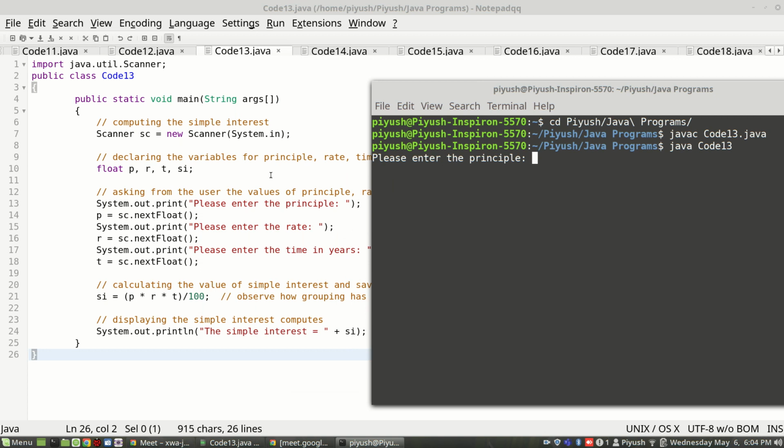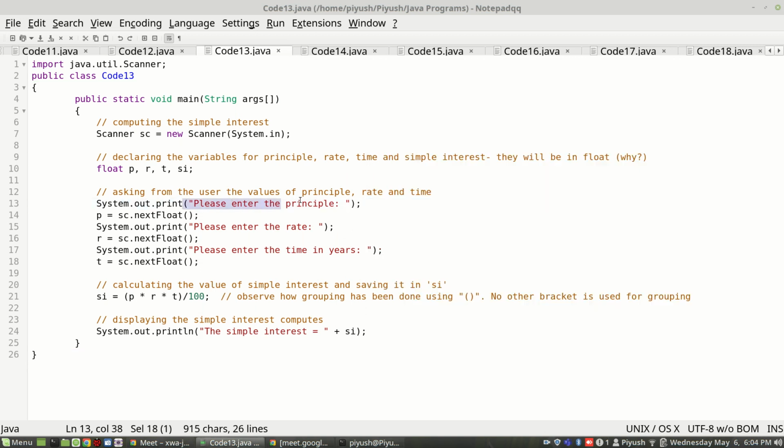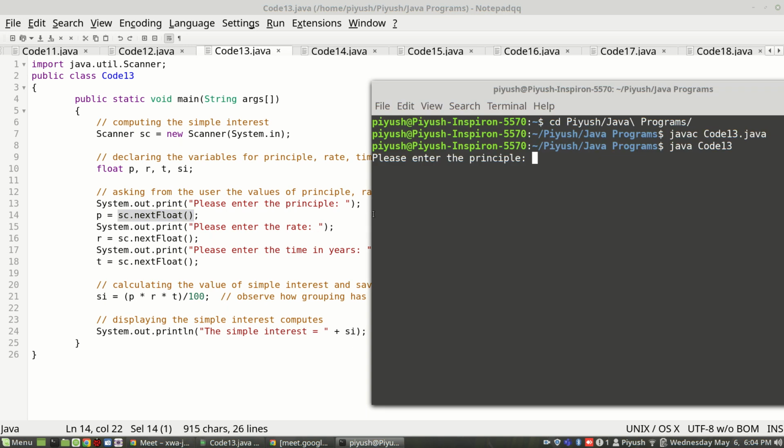It executed this line, and then it executed this line, and it is waiting here for the value to be entered from the user. So it is blinking here. After printing the message, it executed this sc.nextFloat in line number 14. It is waiting for you. The line was not changed, because it is not println.